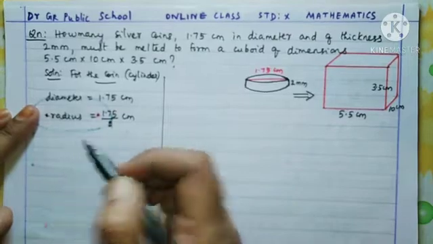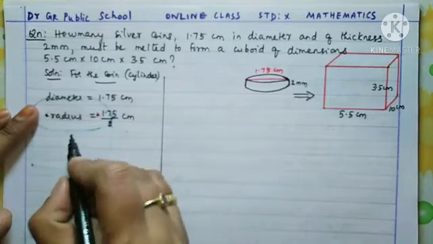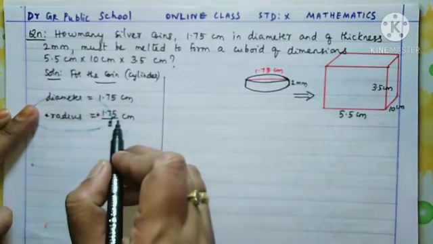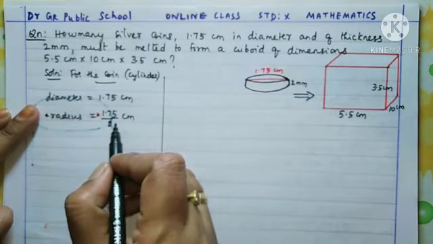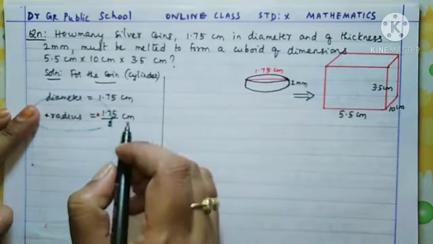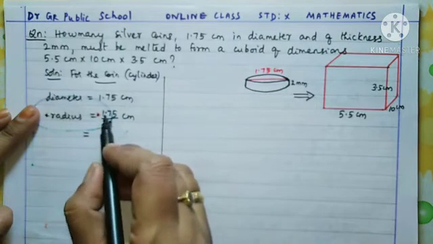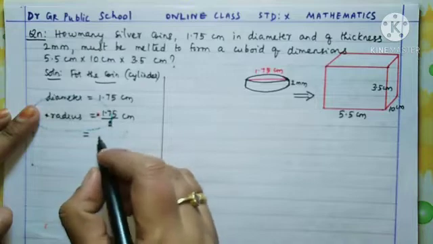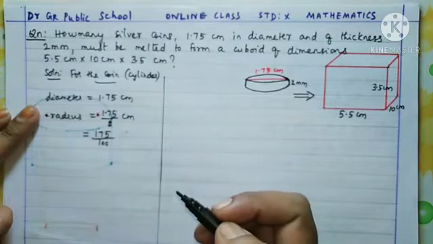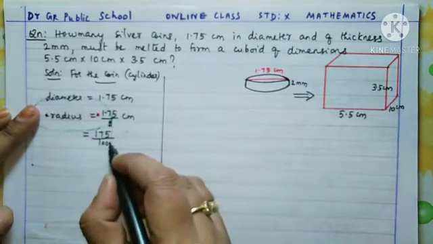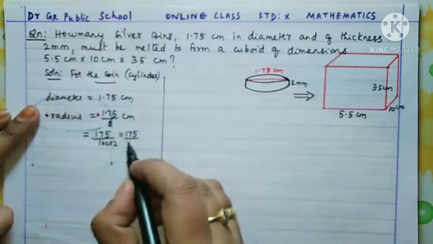Now at this stage, we can do some calculation. That is, whenever you see a decimal point, you want to immediately remove the decimal point, for it will be convenient for you to do the simplification. So what I am doing, here I am removing this decimal 1.75, 2 decimal places. So I am writing this as 175 by 100. And into 2 is there. Now it will become 175 by 200.